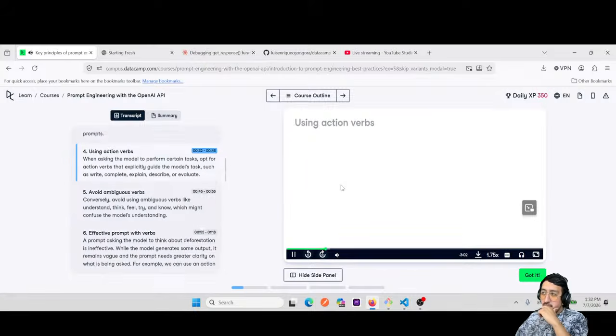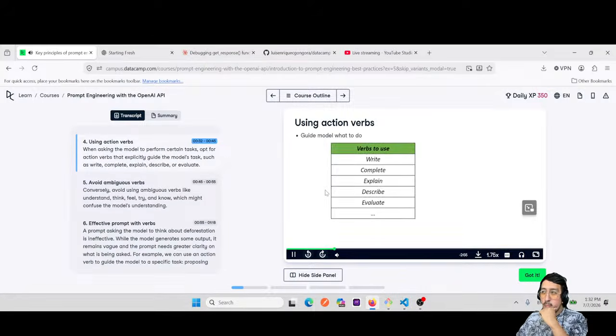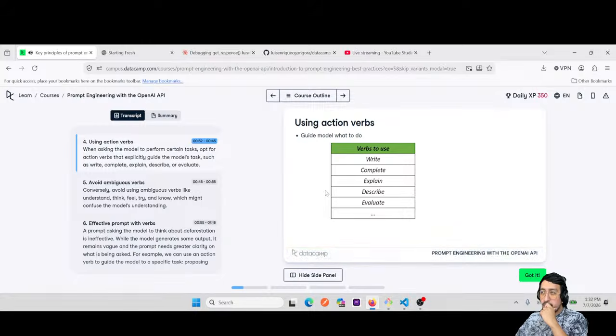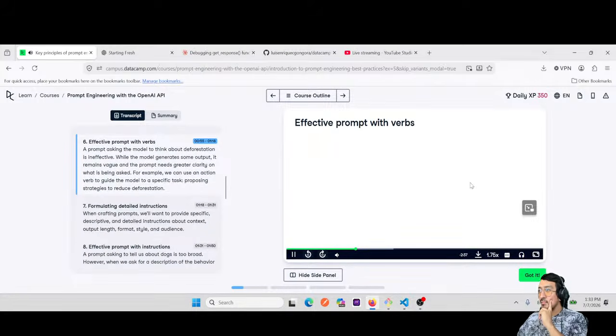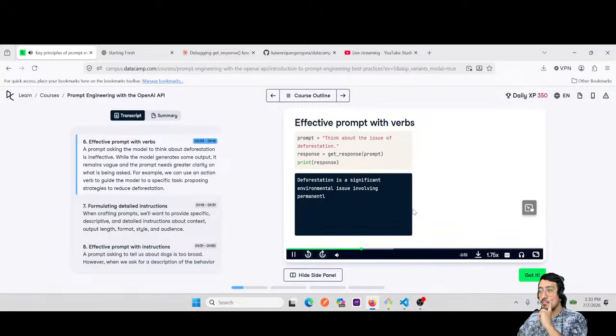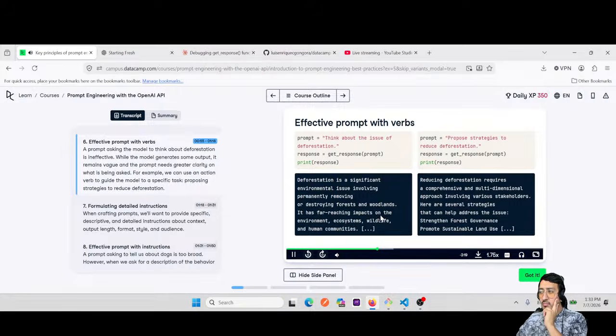delimited prompts. When asking the model to perform certain tasks, opt for action verbs that explicitly guide the model's task, such as write, complete, explain, describe, or evaluate. Conversely, avoid using ambiguous verbs like understand, think, feel, try, and know, which might confuse the model's understanding. A prompt asking the model to think about deforestation is ineffective. While the model generates some output, it remains vague and the prompt needs greater clarity on what is being asked. For example, we can use an action verb to guide the model to a specific task, proposing strategies to reduce